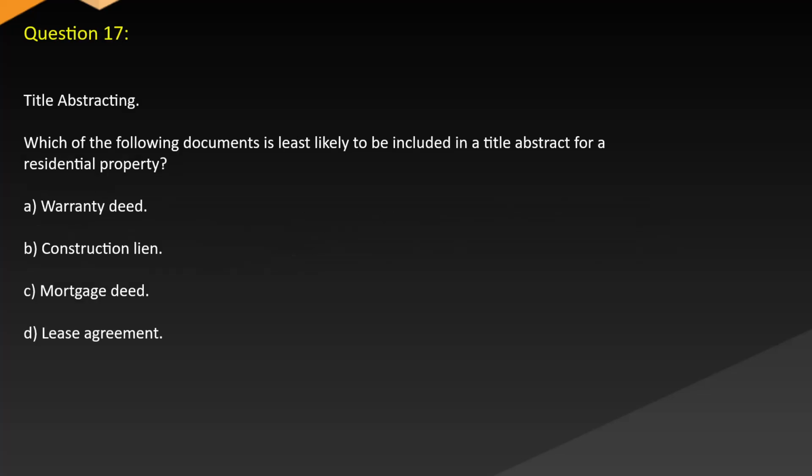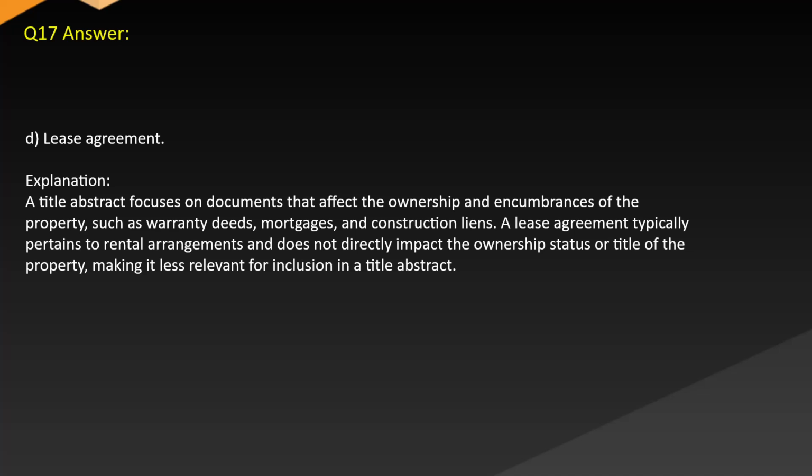Title abstracting. Which of the following documents is least likely to be included in a title abstract for a residential property? A. Warranty deed. B. Construction lien. C. Mortgage deed. D. Lease agreement. Answer: D. Lease agreement. Explanation: a title abstract focuses on documents that affect the ownership and encumbrances of the property,